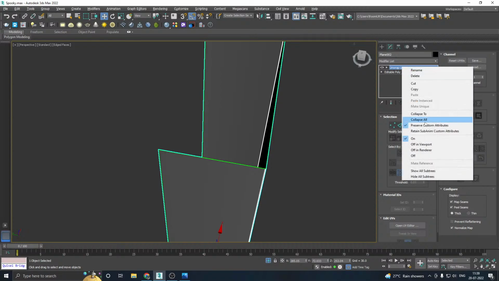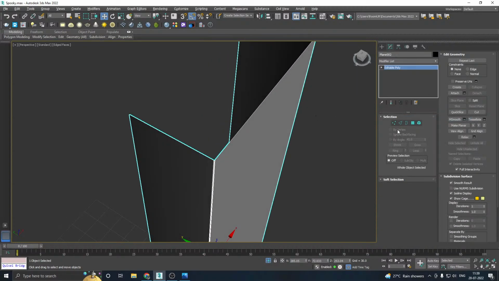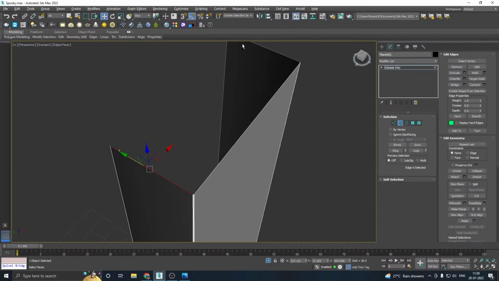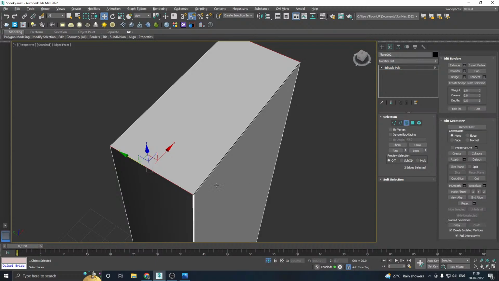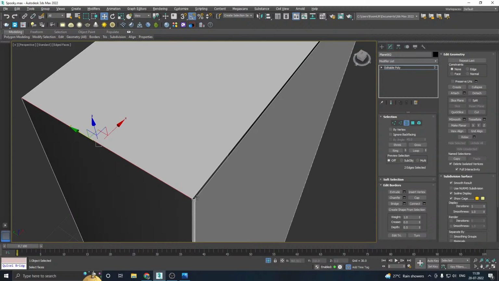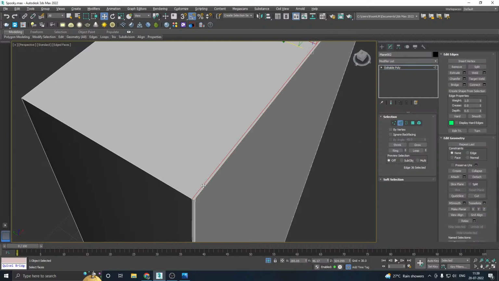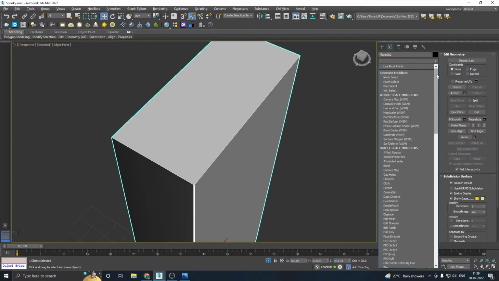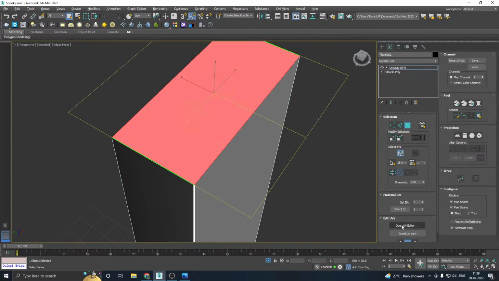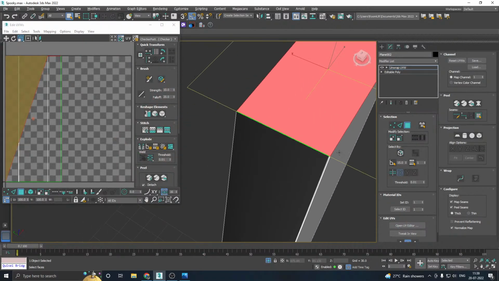I'm gonna collapse this UV and select these edges, then bridge it. And we need to close this gap also, like this, and remove this edge. We don't need it. Control and backspace, and we'll add this wrap UV modifier one more time,